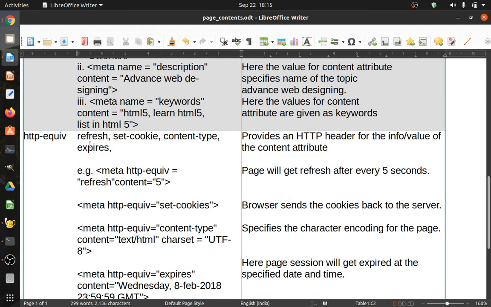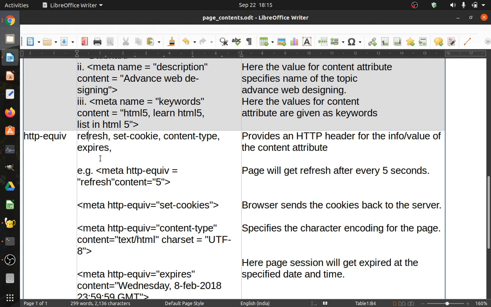I will see one by one: refresh, set cookie, content type, and expires. Basically, what HTTP equivalent does is it provides an HTTP header for whatever value or information is presented in the content attribute.